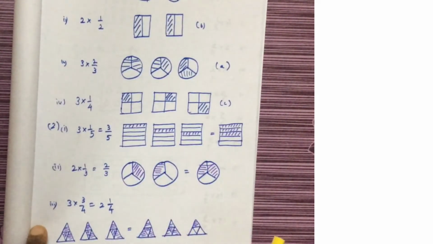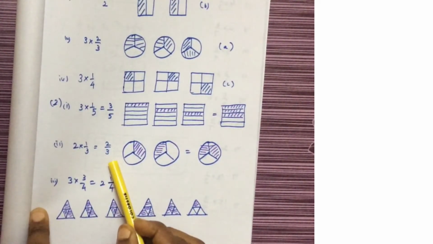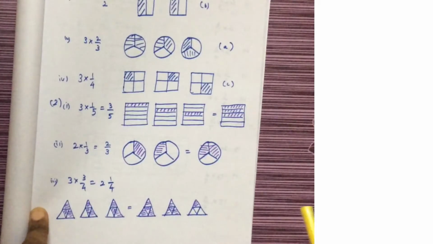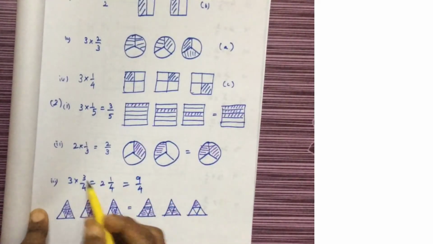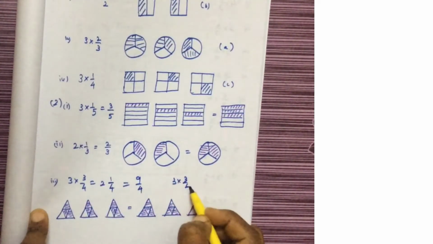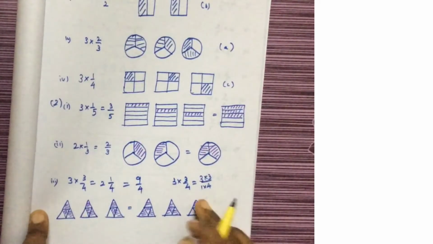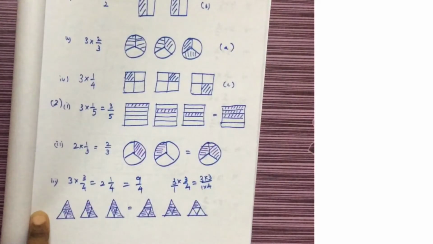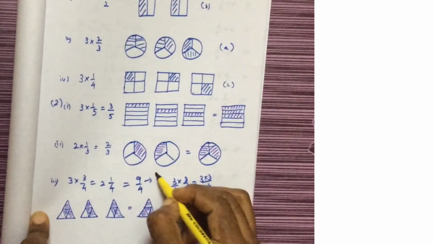The last one is somewhat different compared to the others. Till now the answer is a proper fraction, that is, the numerator is less than the denominator. When you see here, 3 multiplied by 3 by 4. Okay, what is 3 multiplied by 3 by 4? If you see, that is 9 by 4. 3 multiplied by 3 by 4 is equal to 3 multiplied by 3, over 1 multiplied by 4. This is 3 by 1. So this 9 by 4 is an improper fraction.